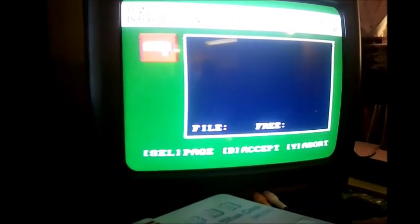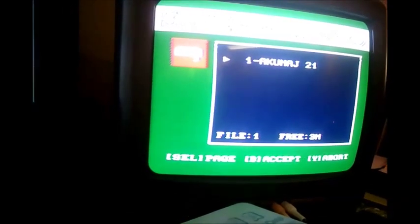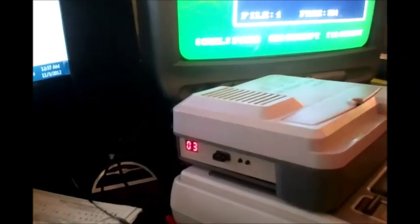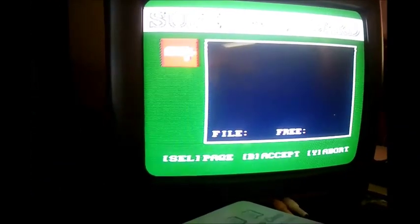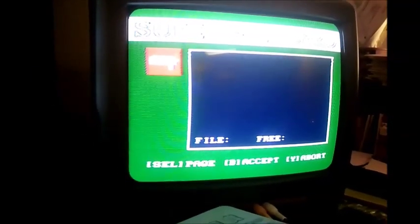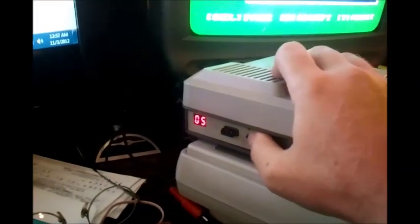It's on the next disc, and we got Akumajo. This one is, I believe, Akumajo XX. Vampire's Kiss to some, but whatever. That one's a 2-disc game, so the next one is the second disc of that. This one should be Akumajo 4 right there, and then beyond that I don't know because I didn't really go into it, but yeah. Let me load up a 2-disc game here. That's Area 88. It's not. I'll go back over to